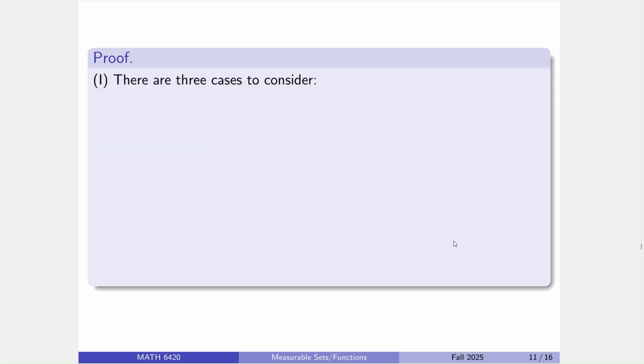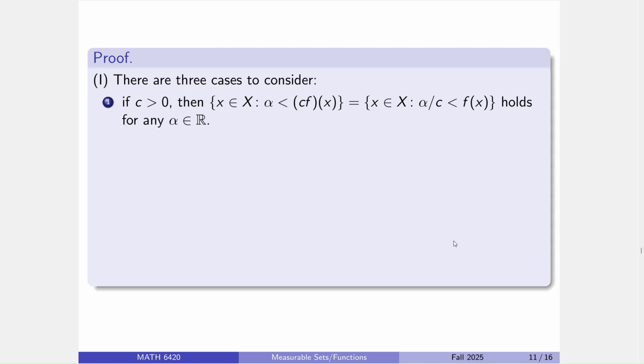So for scaling a measurable function remaining measurable, a couple of things. First of all, if the scalar is positive, if you're looking at this open ray, just send the scalar over. It's positive, so we can do that without changing the inequality, and f is measurable, so these sets are measurable, meaning these are measurable, and there you go.